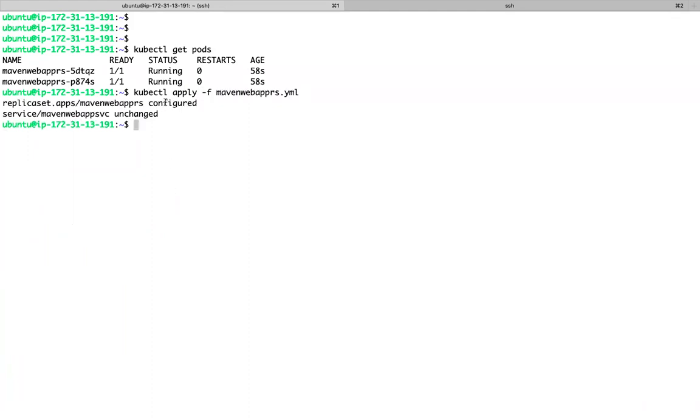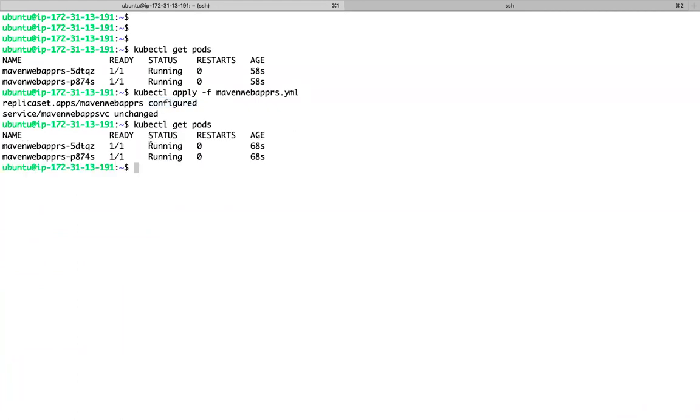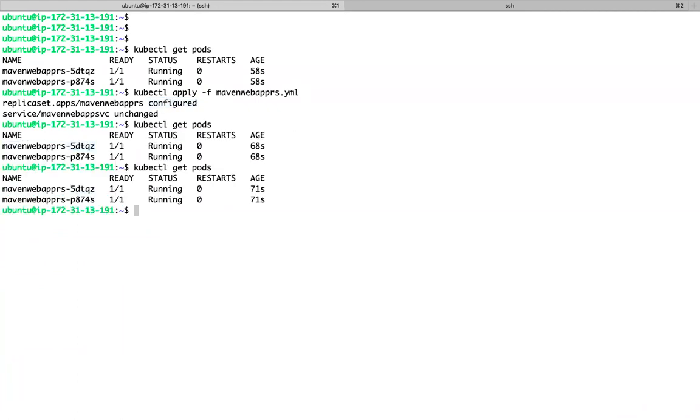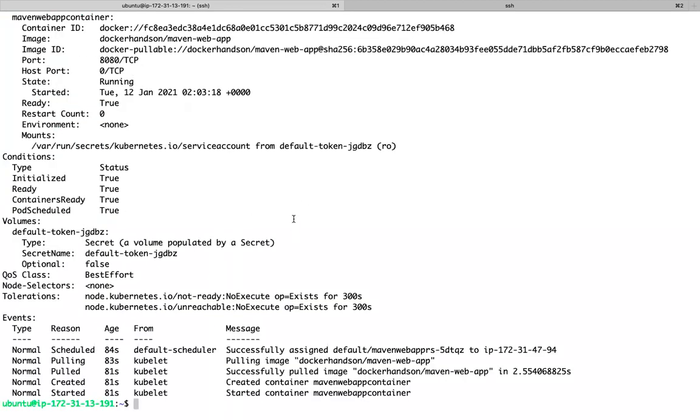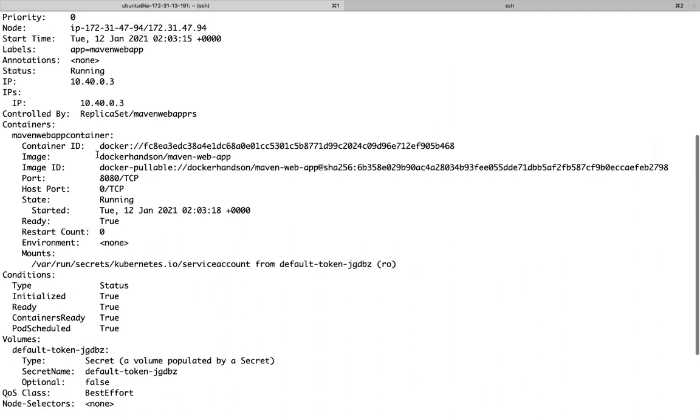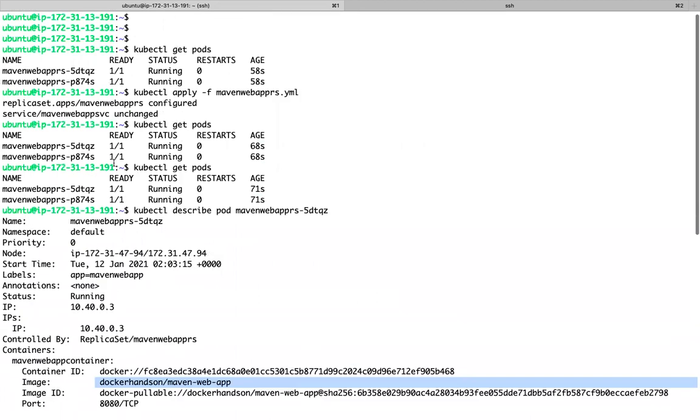It is saying it's configured, but did your pods get updated? Did your pods get recreated? Did your containers get recreated with that? Is it using that :1 image, right? Unless your pod is deleted, it is not going to be created with whatever changes I have done, in case of replica set and replication controller.